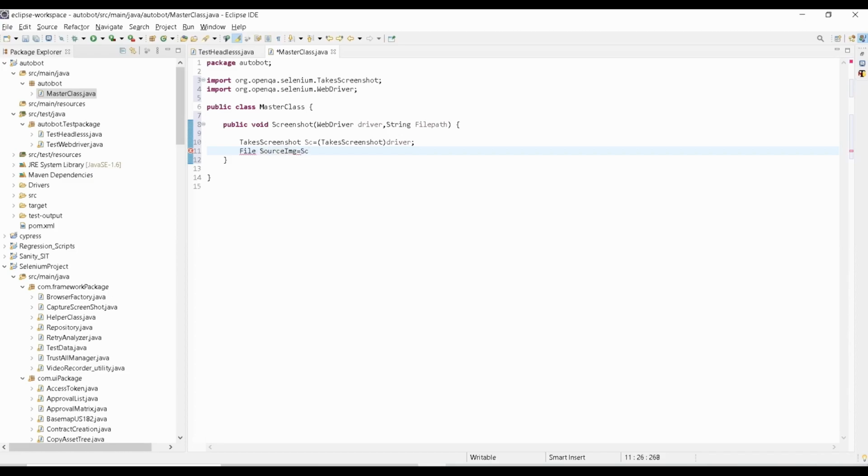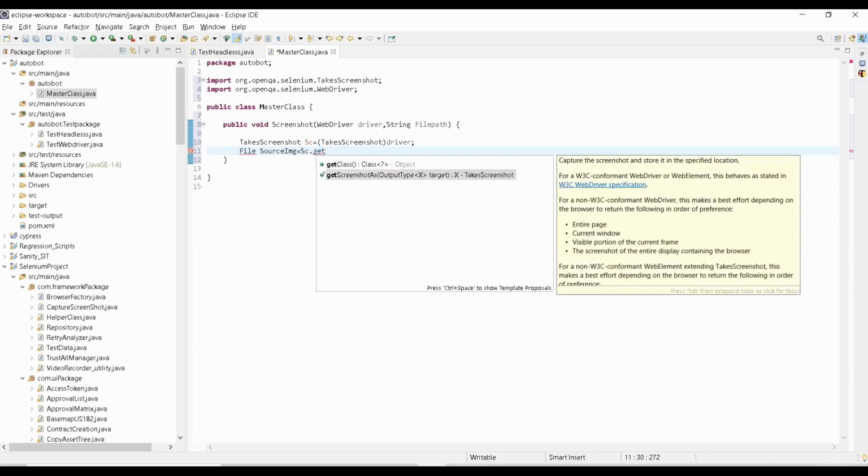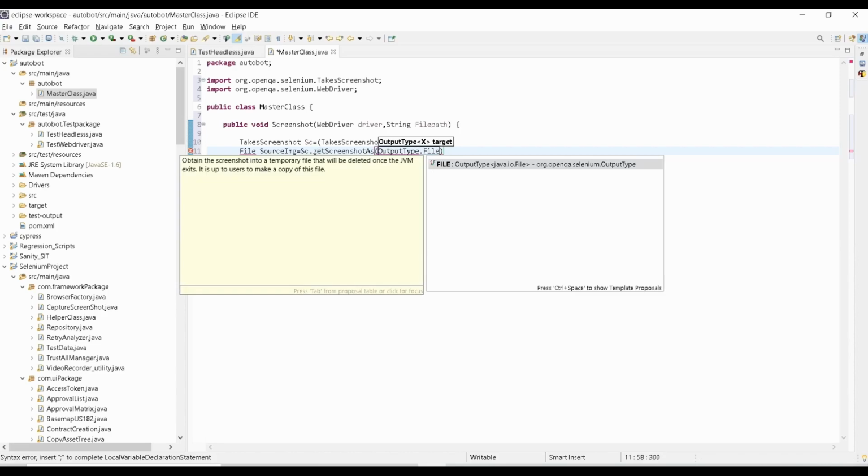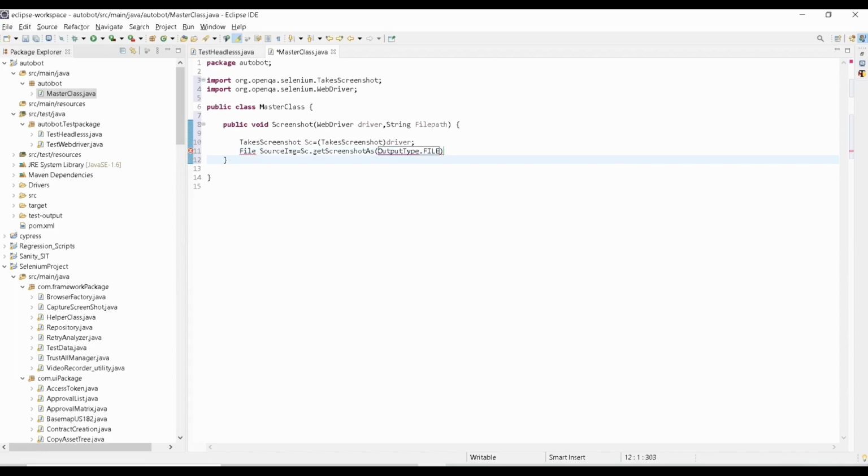This is for the current driver instance, and for that we have to take the screenshot, so sc.getScreenshotAs with output type as File.